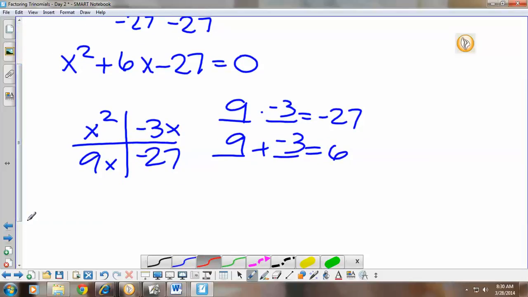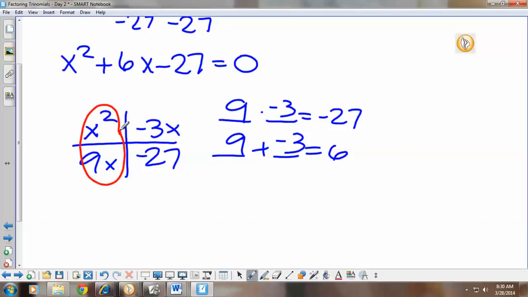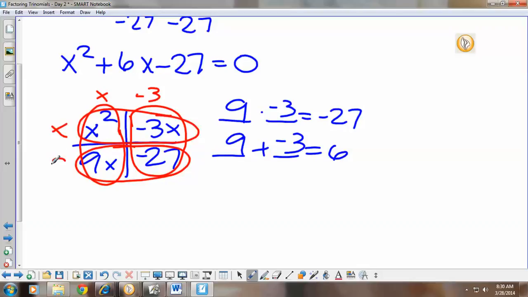So let's factor each row and column. In our first column, what is your greatest common factor? X. Second column, negative 3. First row, X. Second row, 9. So we have x minus 3, x plus 9